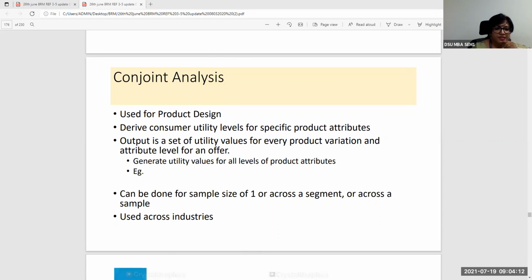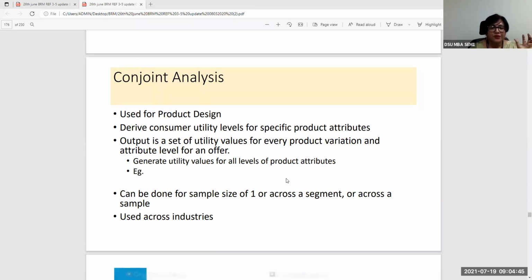So conjoint analysis basically is used for product design, and it is used to find out which of the product attributes are actually preferred by consumers or by respondents based on certain responses that they give to certain questions about consumer utility levels. It is used to understand what kind of product can be made with what kind of attributes. So you see the different models of, say, cars or different varieties of products being made under the same brand.